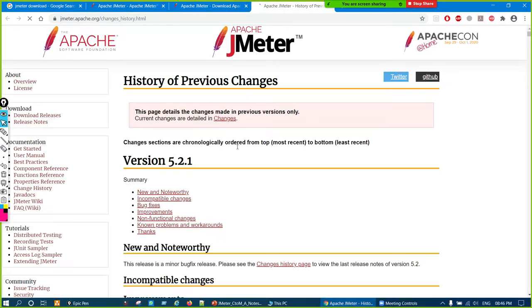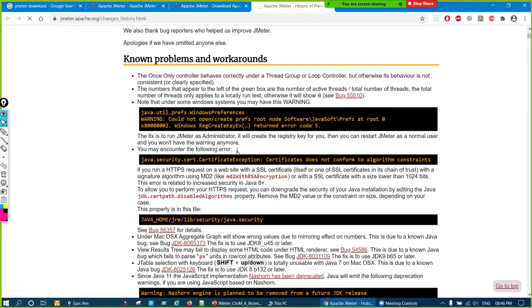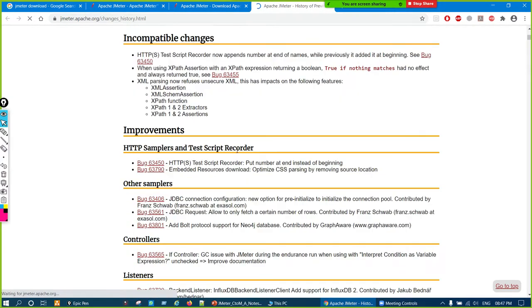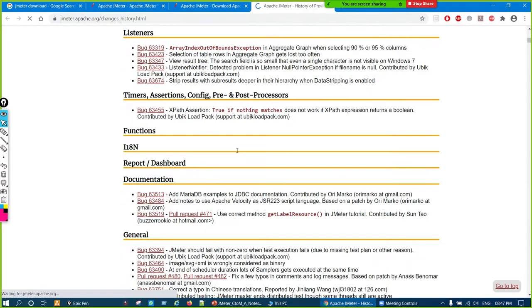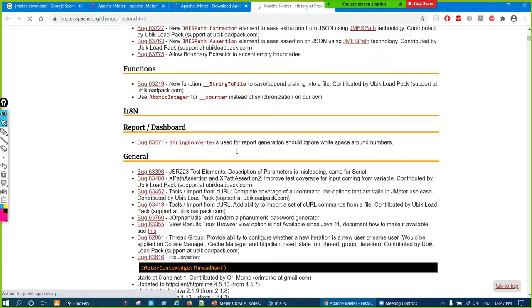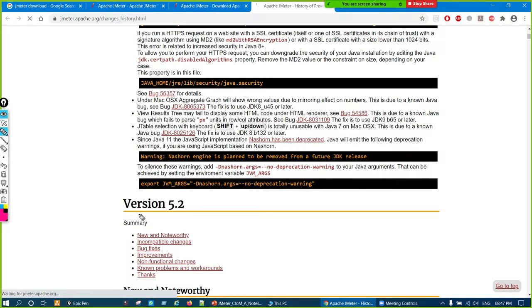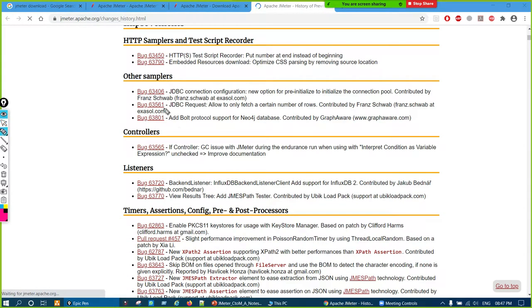Suppose in JMeter 5.2, when it was released, some third party people helped in some bug fixes. Like how we have Jira and Bugzilla, they have Bugzilla, and every bug is reported, and it's open to everyone. You can click and read what the bug was and whether it is fixed or not. In each version some bugs will be there, and they will always be fixed, so we can read that over here.